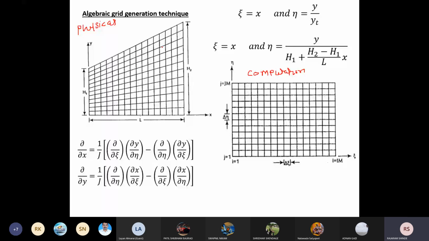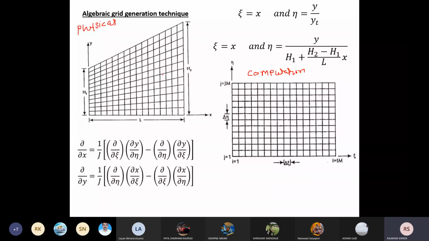Okay. Now, some polynomial is used between some boundary grid points and interior grid points for writing the relation between the independent variables in physical plane and your computational plane. Now, if you observe this one here, in horizontal axis, that is in x-axis, your grid spacing is constant, and that will be acceptable by finite difference approximation.